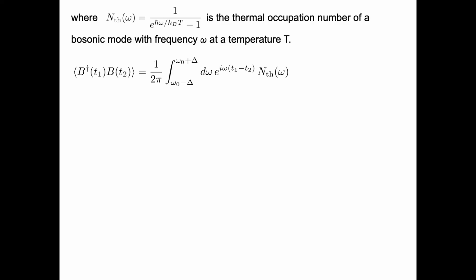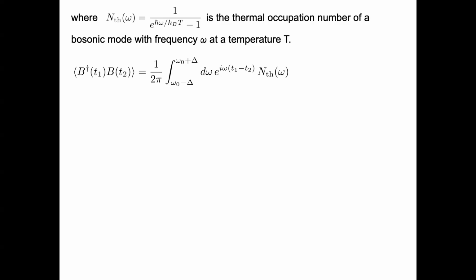So let's put it in. Then the correlation function that we get is still an integral over this frequency band. There's this energy scale still in here, and there is this frequency dependent n thermal. But now we make our usual assumption. We have a central frequency that is very high, and then we look at small variations around it. This bandwidth delta is still small compared to omega 0. So when I put in this thermal equilibrium number, omega 0 minus delta or omega 0 plus delta or omega 0, it doesn't really matter.